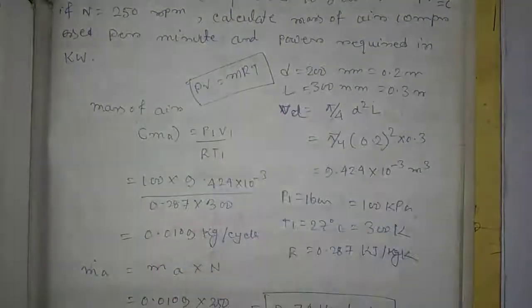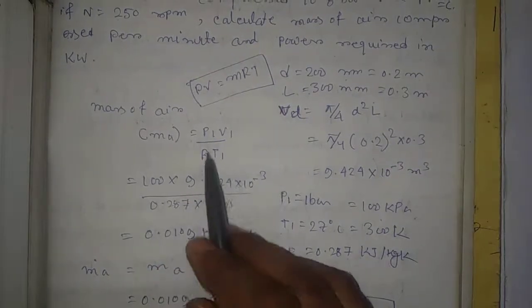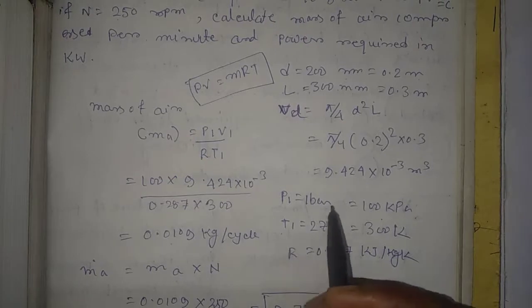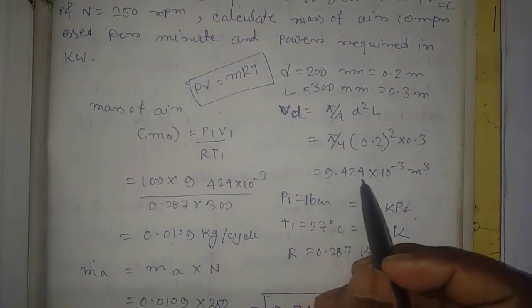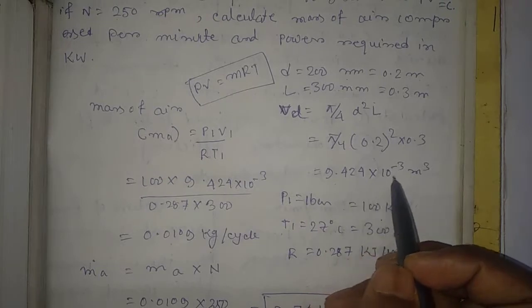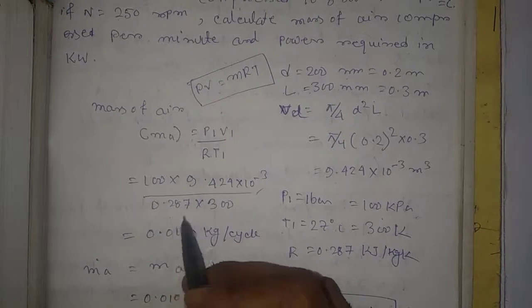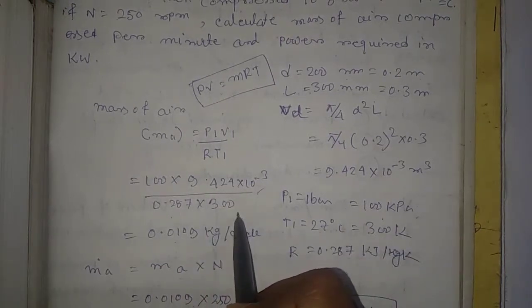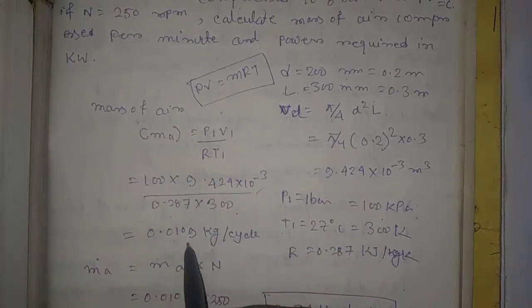The value of P1 is given as 100 kilopascal. V1 is the initial volume, basically the total displacement volume, that is 9.424 into 10 to the power minus 3 meter cube, into R, the gas constant, 0.287, and T1, the initial condition temperature, 300 Kelvin. When you calculate, the value will be 0.0109